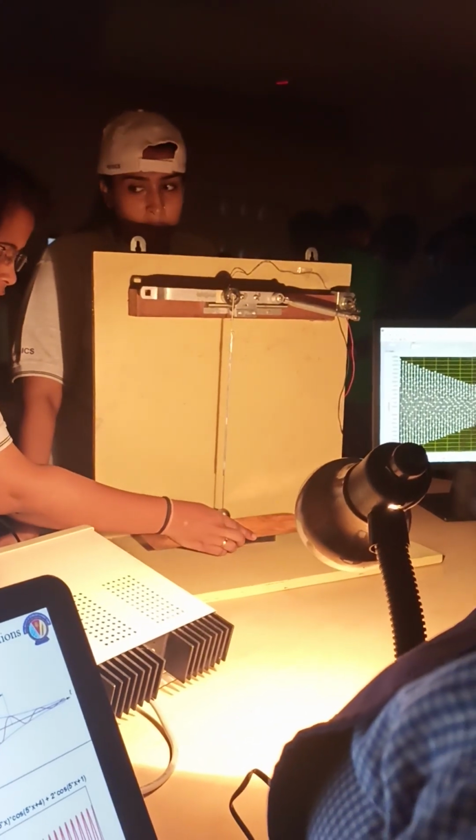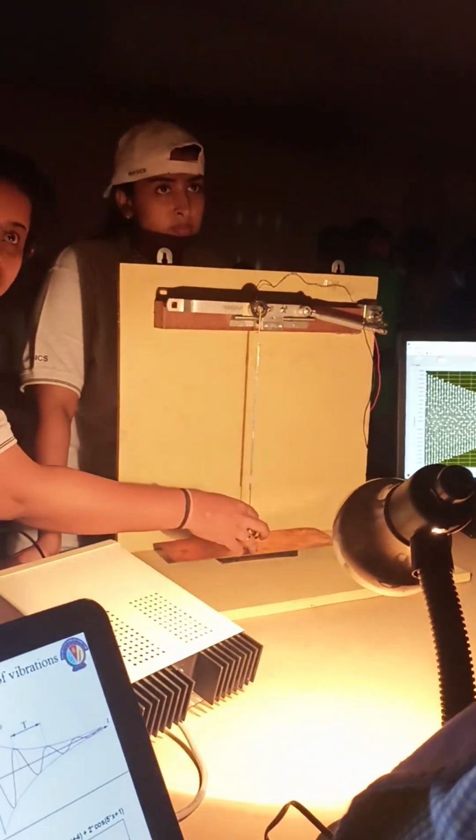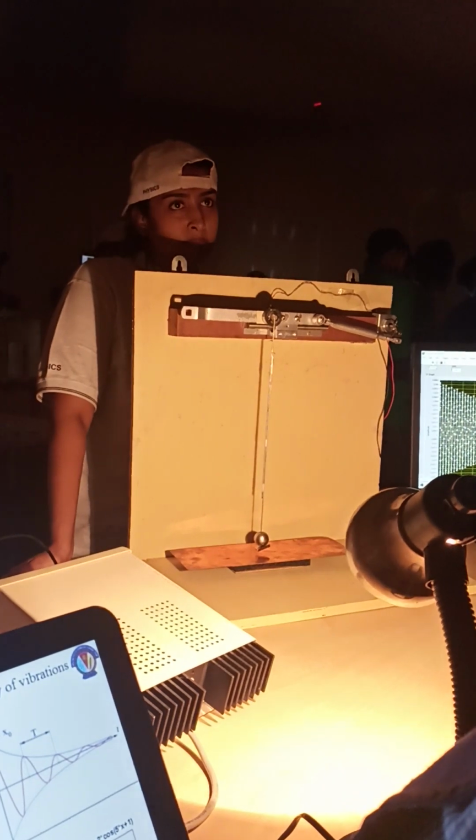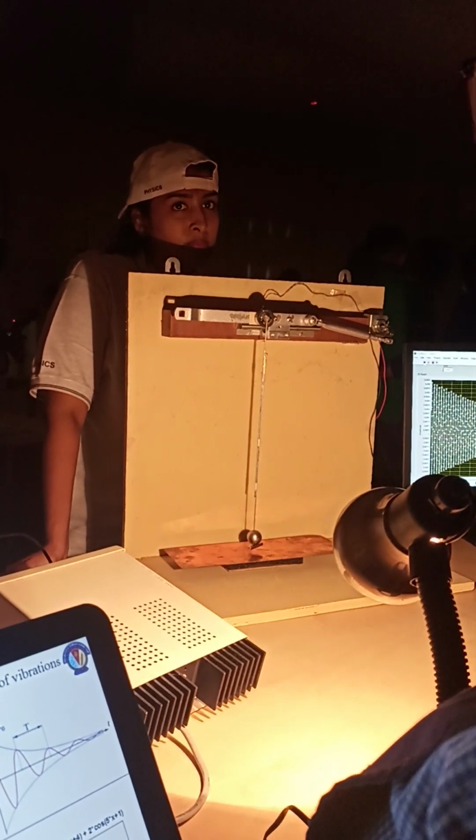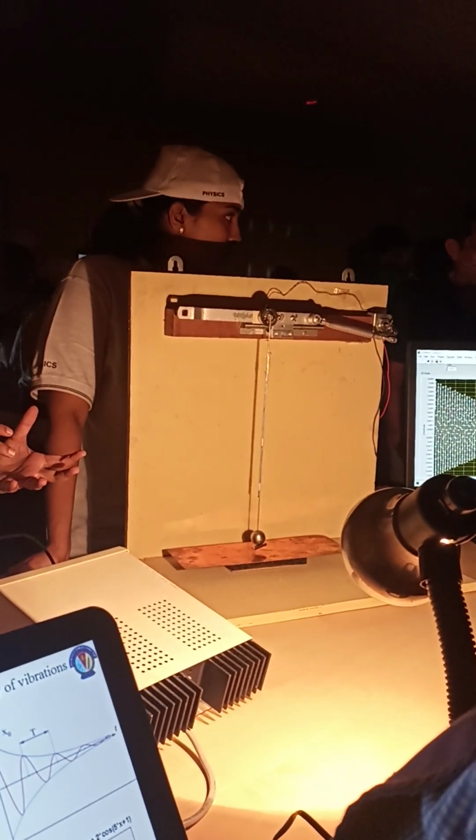So when there is a change in the magnetic flux associated, the eddy currents are formed. So basically eddy currents means something will happen to it so that its motion won't be easy. I am adding a more resistive environment in the system. So now I will see what happens to the damping.